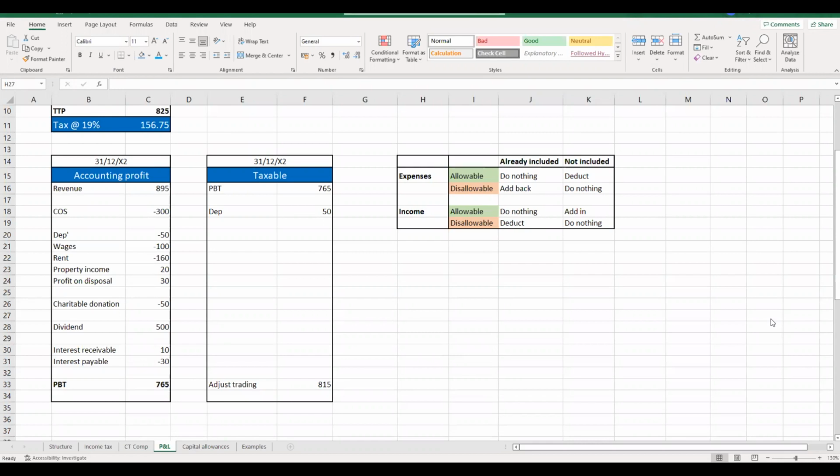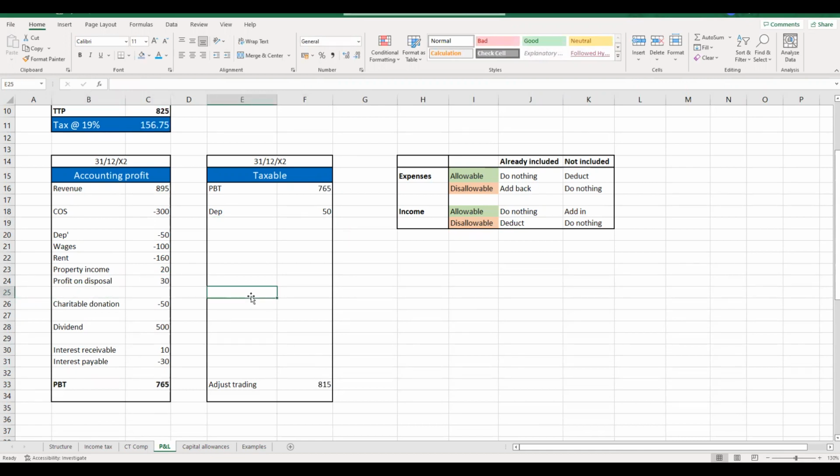So in exactly the same way as a sole trader can't pay themselves a salary and have that cost as a deduction against their trading profits, companies cannot have a deduction against their trading profits for a dividend that they pay over to their shareholders. So as well as dividend income, we could have a dividend expense to the shareholders of, let's say, a deduction of 50. If that were there, that would be a disallowed cost for tax purposes. But that's not a hugely common exam area, to be fair.